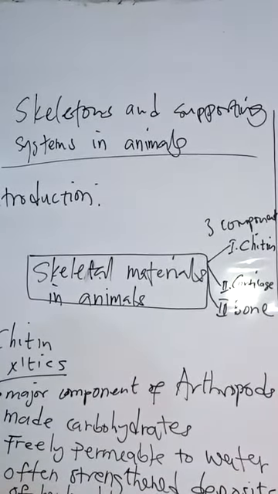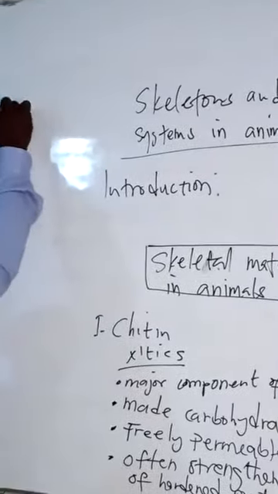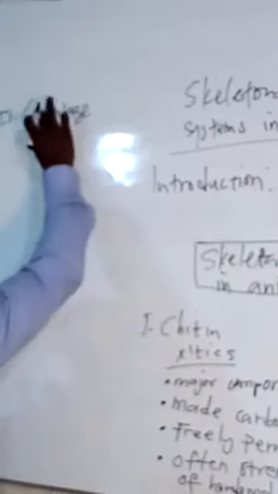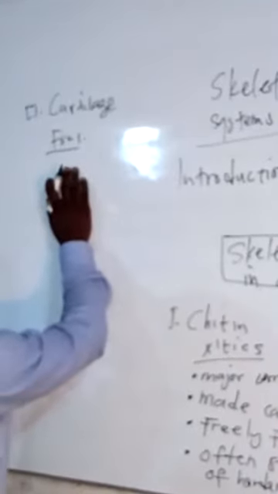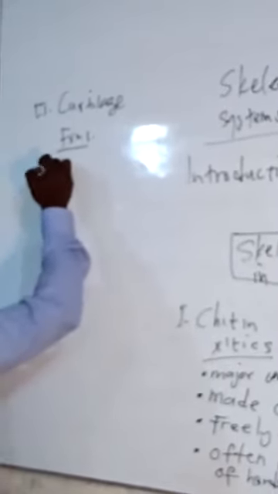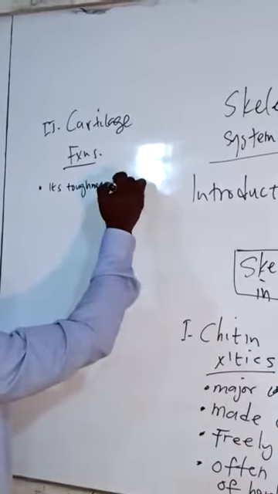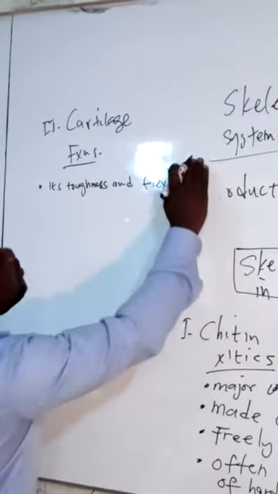As we come this way, talking about number two, which is cartilage. Cartilage is a very important tissue. For cartilage, I want us to practically look at the functions first. I start with my shortcuts, which I don't want you to repeat in any examination. Okay? So for functions of cartilage, first of all, you would find that cartilages are very, very tough. And so we say that its toughness and rigidity, and flexibility,